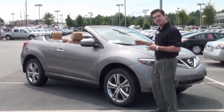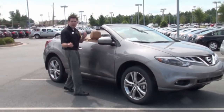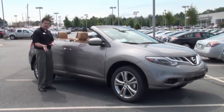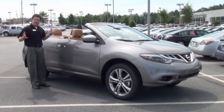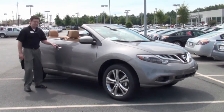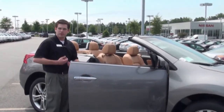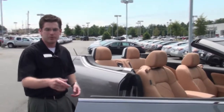Now, a couple other features that I like to go over, again, that are on Highline vehicles. You'll notice right now I have no keyless entry key fob in my hand. You have the intelligent key, so I have it in my pocket. You just have to be in a certain proximity to the car. You hit the button and it locks. Again, no keys. Hit the button again, it's intelligent, smart enough to open the door. So if you have grocery bags or children in your hand, go ahead and hit that, open the door. You don't have to worry about putting your keys in and out or really scratching the side